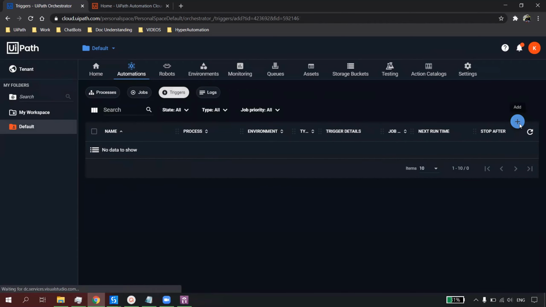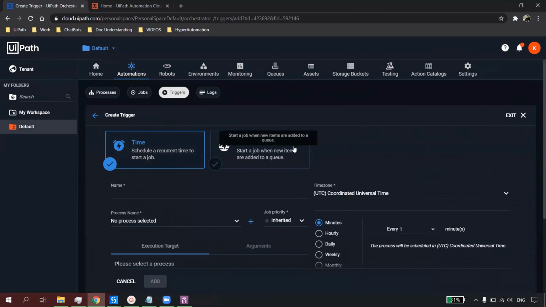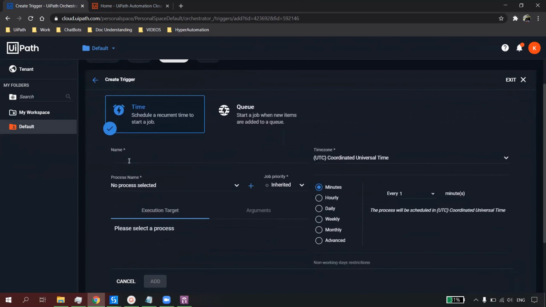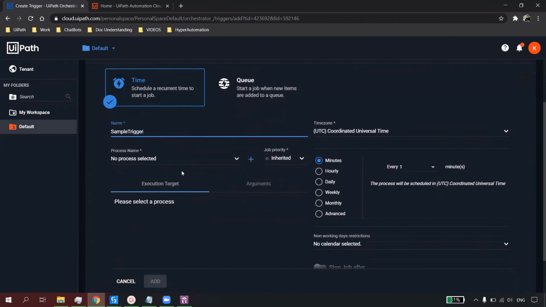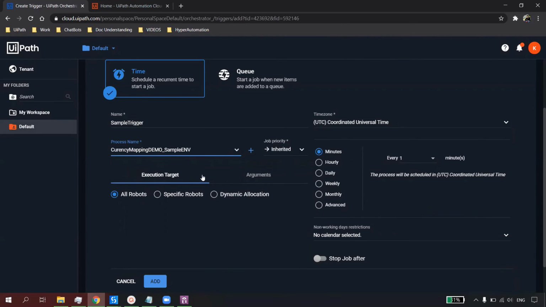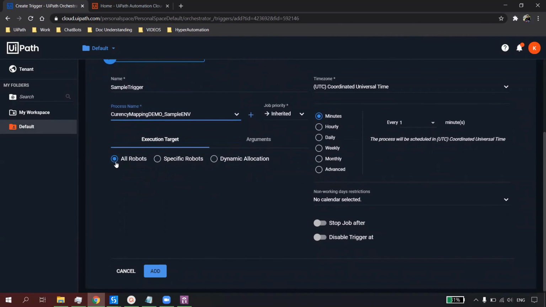Assuming that you have written an automation that is supposed to run on a daily basis at, let's say, 11 a.m. The first thing it will ask is the name of the trigger. Let's call it sample trigger. Now it will ask on which process you want to create the trigger. I say I want to create it on this process. Now it will ask whether you want to execute on all robots or a specific robot.